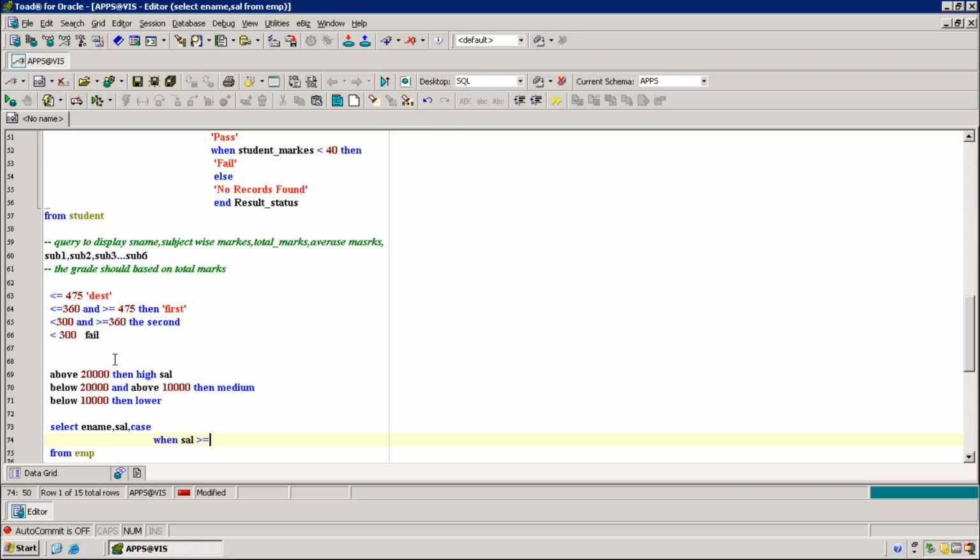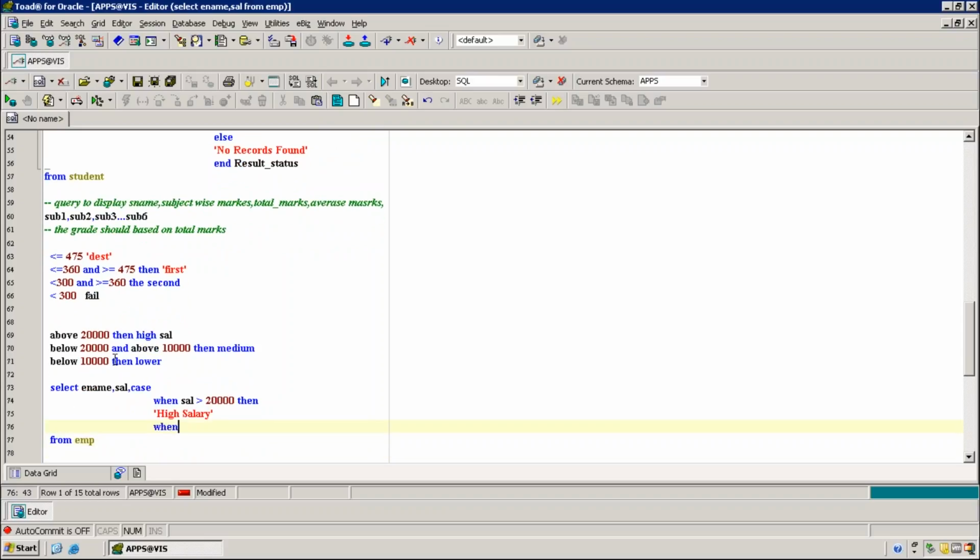Greater than or equal to? Greater than 20,000. Only above 20,000. Correct. Then high salary.